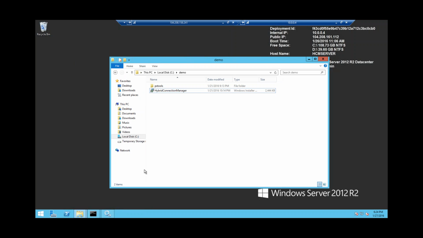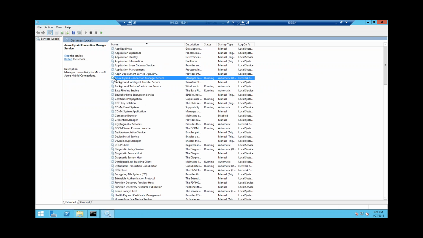Once this installation completes, you will observe that in your Windows services, you can see an Azure Hybrid Connection Manager service. This is where the magic lies for Azure Hybrid Connection, on how it is able to connect to your on-premise data sources without opening inbound ports in your corporate firewall.